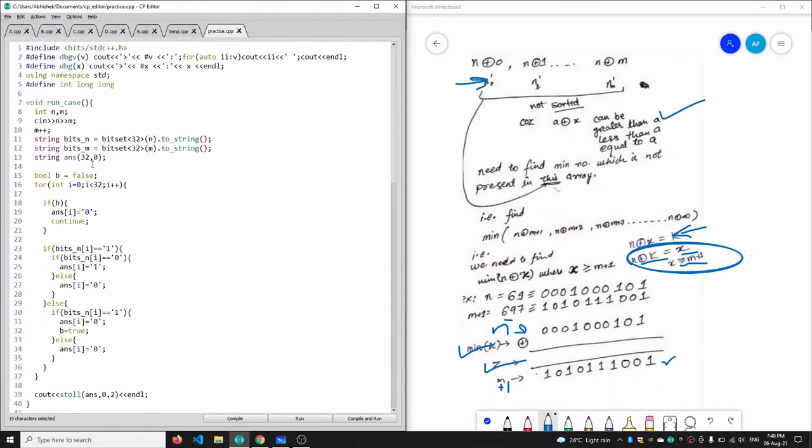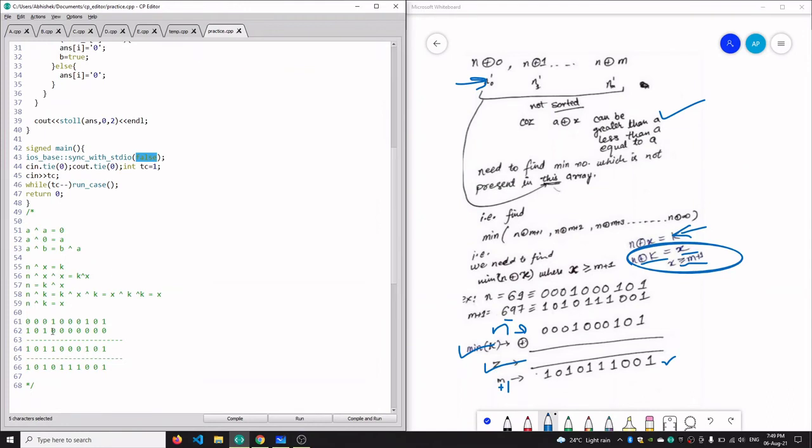After that, we are initializing our answer string with the size of 32, and we are creating a boolean value which is initially false, and it will become true after this operation that we have done here.